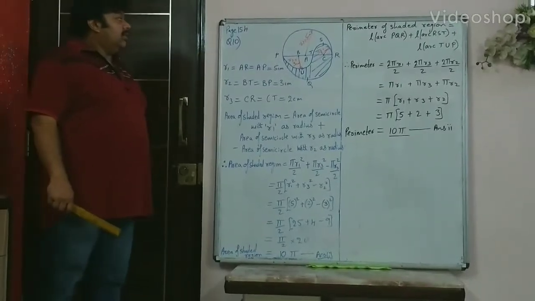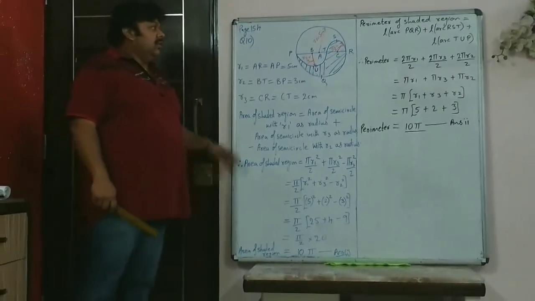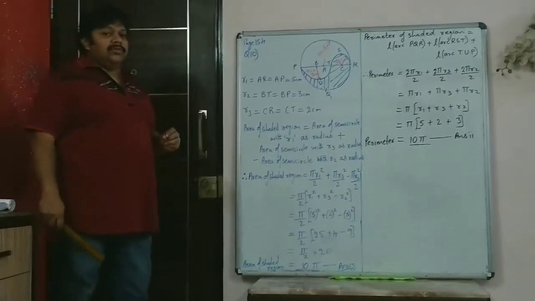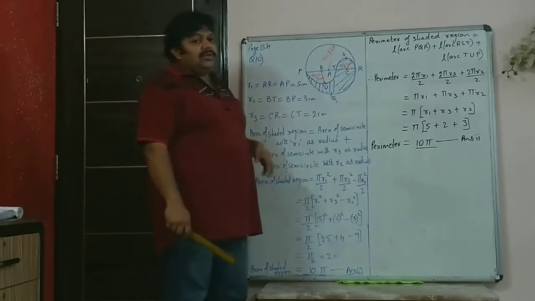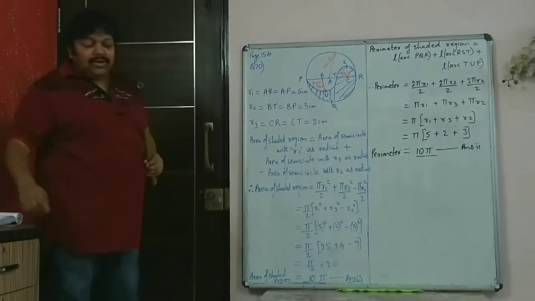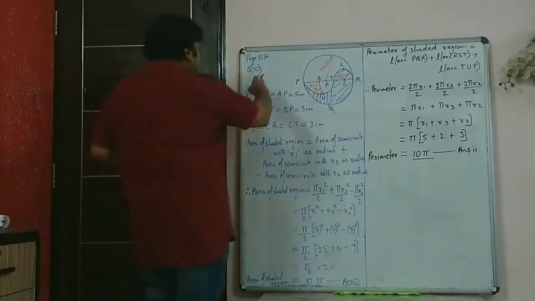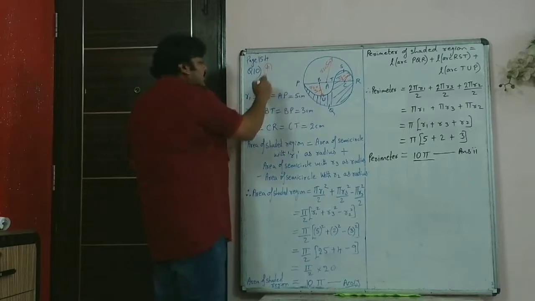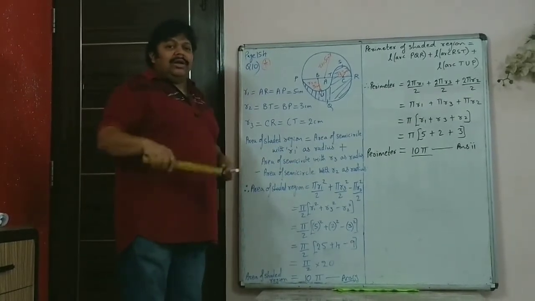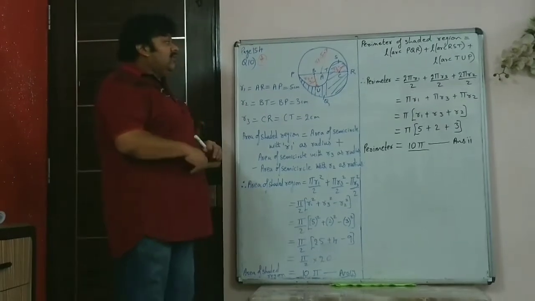Now we will continue with sum number 10 on page 154. This sort of sum has been asked once in the 10th standard board exams, because earlier this chapter was in standard 10. So you can mark this sum also as important because it has been asked in a paper previously. So in this you have to use logic. In this chapter you can't directly use any mug-up formula alone. You have to use logic.